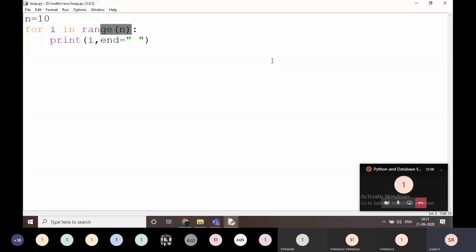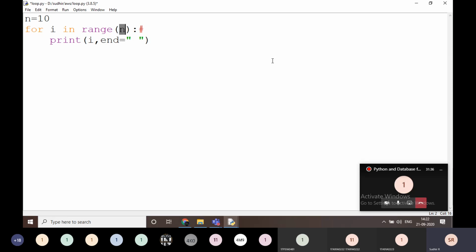If I take it as a range of n, for i in range of n, then how is the range function going to work? The range function works with one value inside it, or two values, or three values inside it. Three different manners. First of all, here I am working with only a single value. Every time it has three values, but we are passing only a single value.